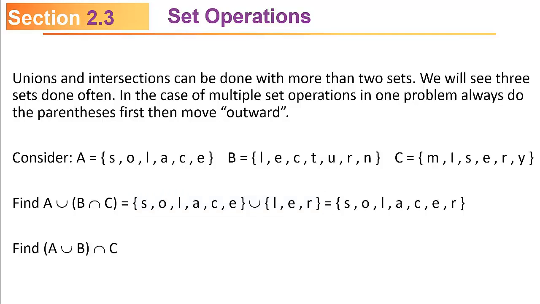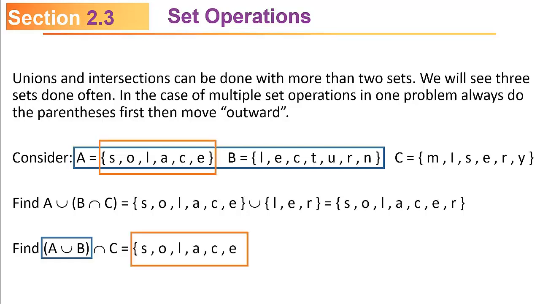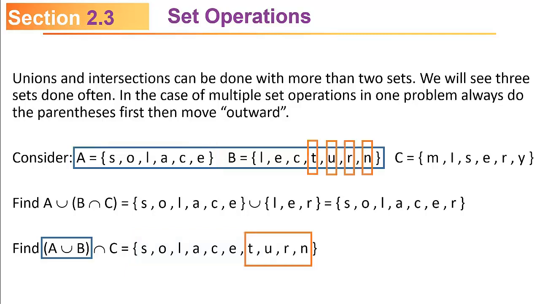How about this one? We want to find the intersection of the union in A and B with C. So this time you might say, well, okay, I start off with A union B. That means everything in A or B or both. So if it's in A or B or both, I just throw all the letters into one set. You don't list one letter twice, even if it appears twice, but you put every letter that appears in either set in the resulting set. So A union B, there's an S, there's an O, there's an L, there's an A, there's a C, there's an E in A. And then when you look over at B, you've already listed some of the letters, but you do have some extra letters that weren't listed earlier, in particular a T, a U, an R, and an N. So A union B is the set containing